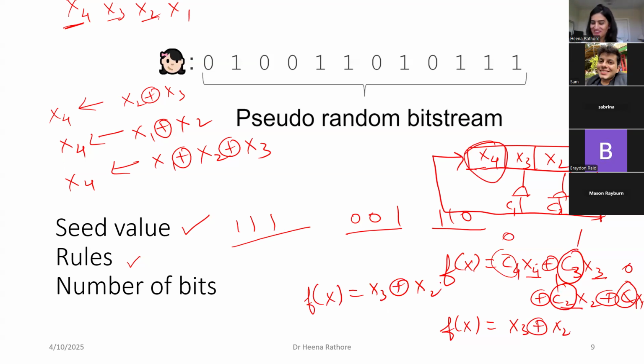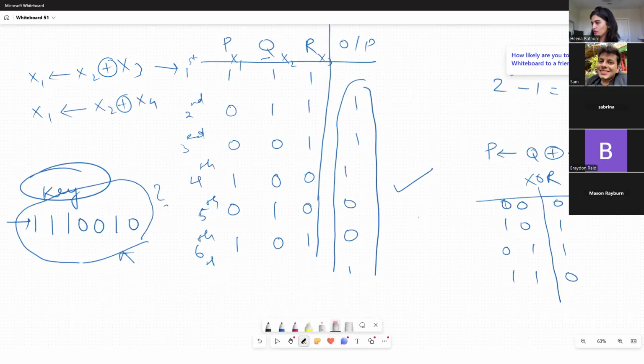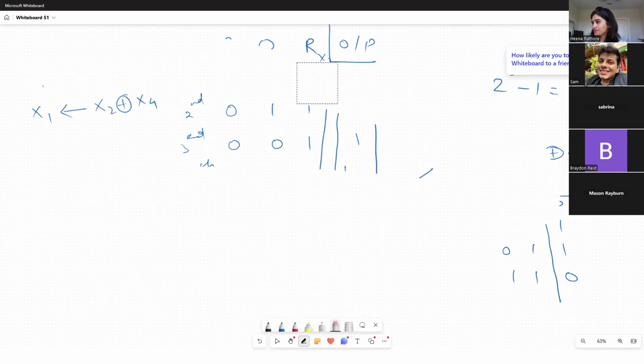Okay, thank you. So here, this f of x is the linear feedback shift register polynomial function, which is dependent on these coefficient values which you are putting as 0 and 1. So maybe let me show this on the whiteboard. As I mentioned,